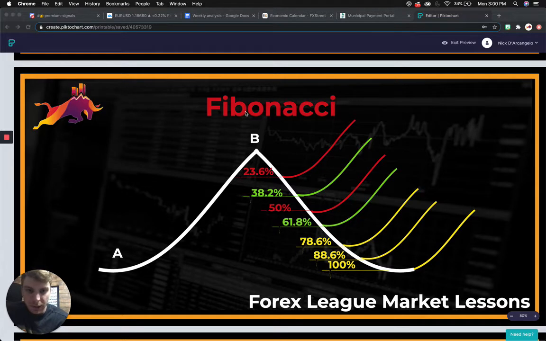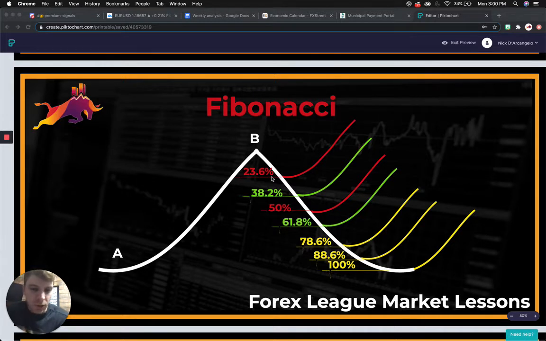And in this video, we're going to be going over Fibonacci. So this is a quick diagram, pretty much just showing you a measurement of a bullish push. So from A to B, this is a rally here, right? Bullish movement. And this pullback here is highlighting which Fib levels are good and which are okay and which are